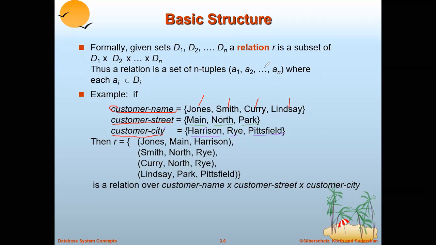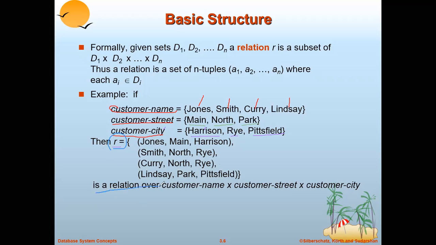These are the tuples of relation R. So we can represent this R as Jones, Main, Harrison; Smith, North, Rye; Curry, North, Rye; Lindsay, Park, Pittsfield.